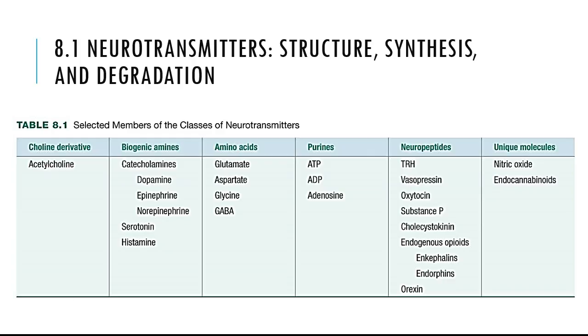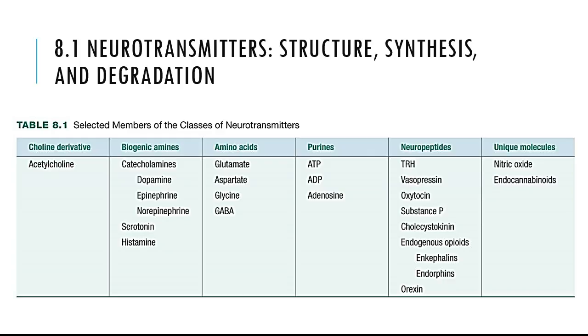Amino acids can serve as messengers in the brain, including glutamate, aspartate, glycine, and gamma-aminobutyric acid. Other products called purines, like ATP, you've heard of that. We talked about energy transfer. It can also serve as a messenger in the brain. ADP, adenosine diphosphate, can also act as a neurotransmitter, so more than just energy transfer for those 2 molecules. And adenosine itself, without the phosphate groups, can also have neurotransmitter activity in the brain.